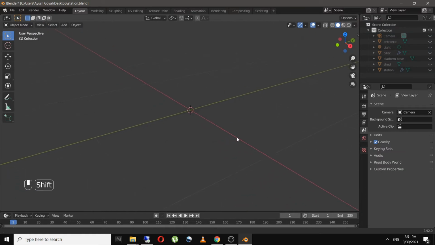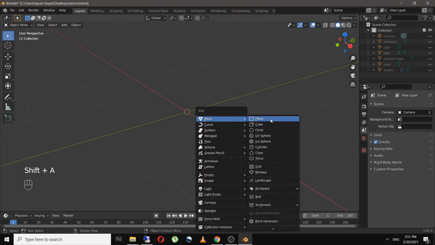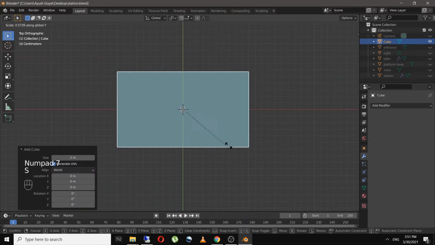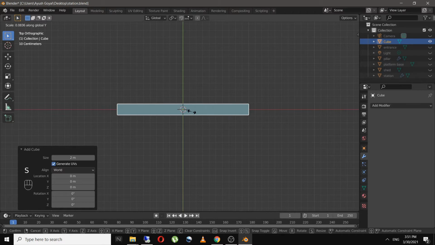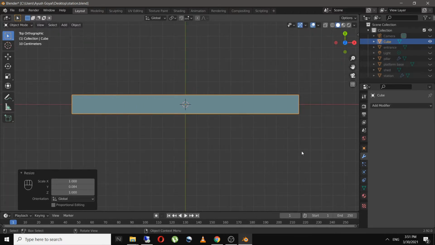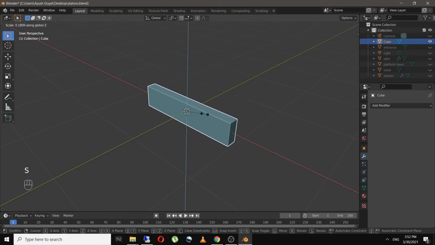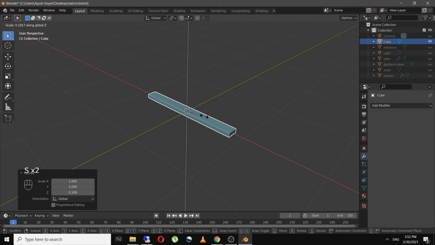And now I will make a bench for our platform. So I'll add in a cube, scale it on y axis, scale it on z axis as well.